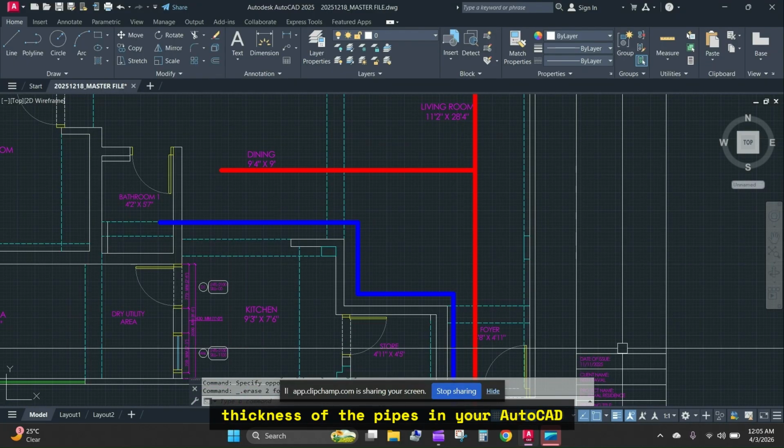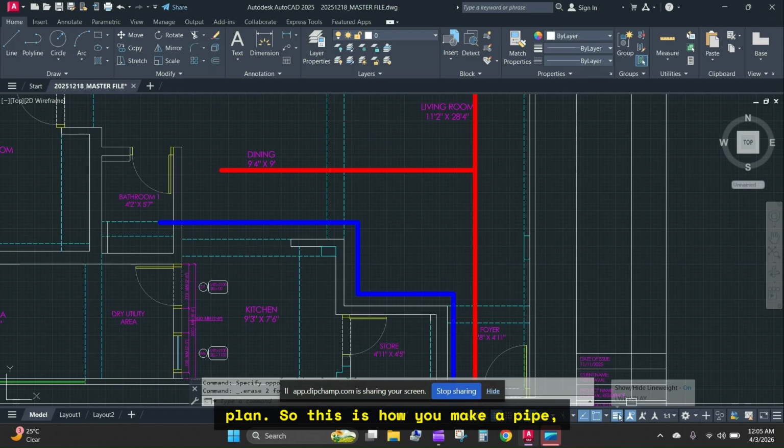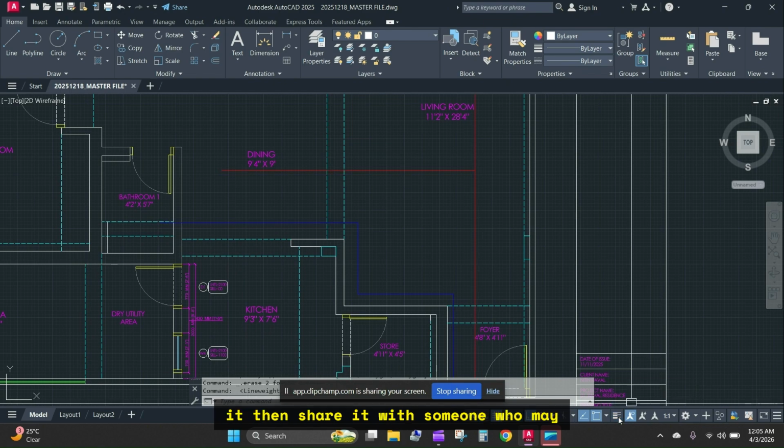And before going, one most important thing that you have to do is layer display, line weight display. LW display is what you have to do. If you don't turn on the line weight